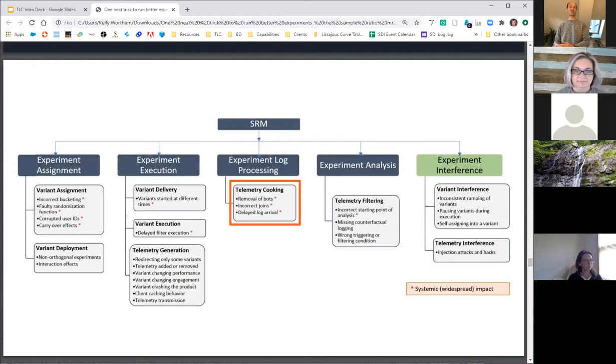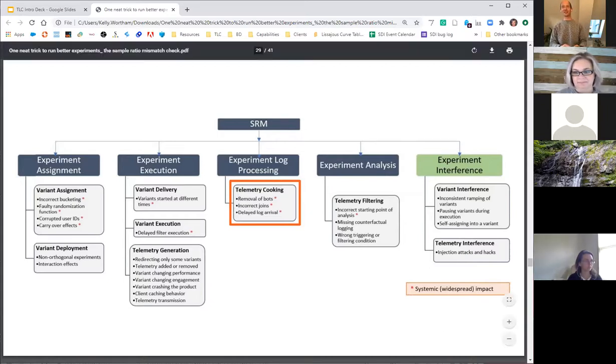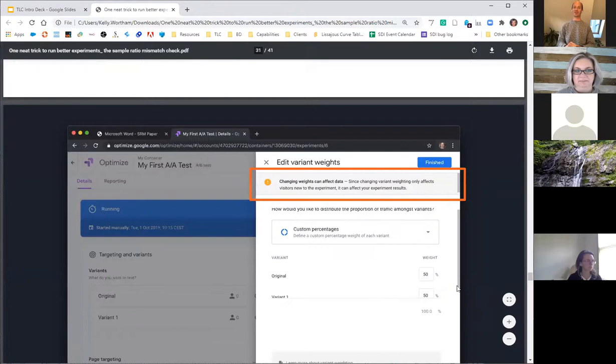And then lastly is what I thought was the most interesting category, which is experiment interference. And we're not talking about outside interference only, right? This is not just people hacking your website and adding a lot of bots to the B variant, but there's also this concept of experiment interference by the experimenter themselves. So if you go 2 slides down, Kelly, my favorite example of this is